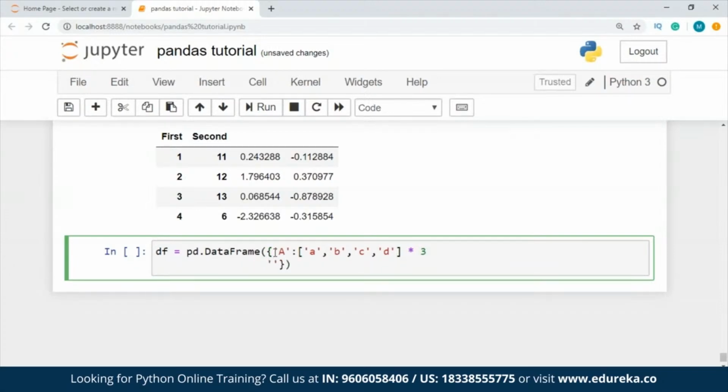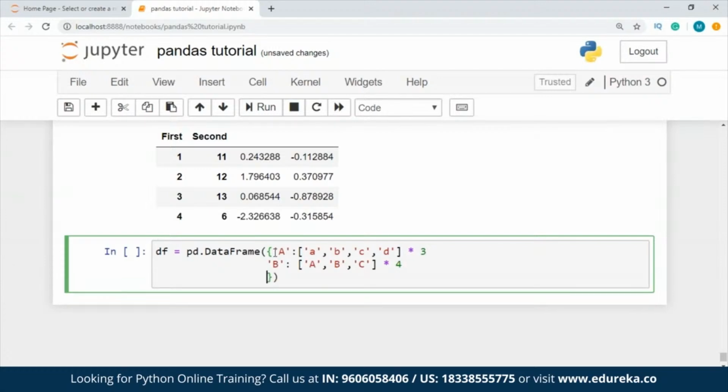Now we take another value, which is going to be B, and for this we're going to take a list again, multiply it by 4, take another value, let's say C now,